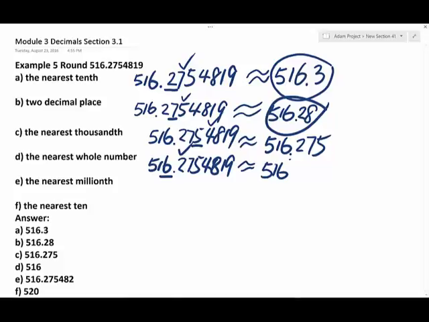E, let's round it to the nearest millionth. If you look at it, the millionth digit, counting tenth, hundredth, thousandth, ten-thousandth, hundred-thousandth, millionth. So the millionth digit is 1. So that's going to be our underlying digit, and the critical digit is going to be 9. Since 9 is bigger than 5, then we're going to add 1 to the underlying digit. So that'll make the answer as